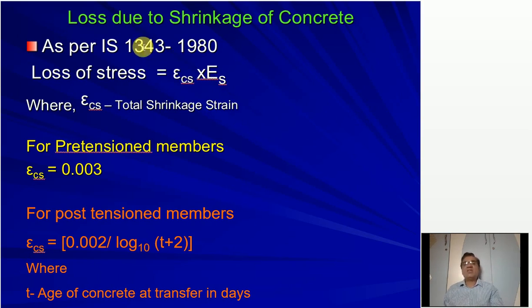Now, as per IS 1343, the determination of shrinkage loss was very simple. Loss of stress is equal to epsilon suffix Cs into Es, where epsilon suffix Cs is the total shrinkage strain. For pre-tension members, the total shrinkage strain is given as 0.003, whereas for post-tension members, epsilon Cs is given as 0.002 divided by log to the base 10 of (T plus 2), where T is the age of concrete at transfer in days. Well, so T is considered here, but according to the revised code,